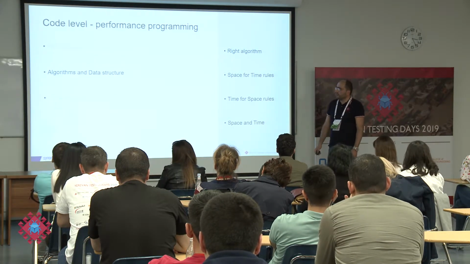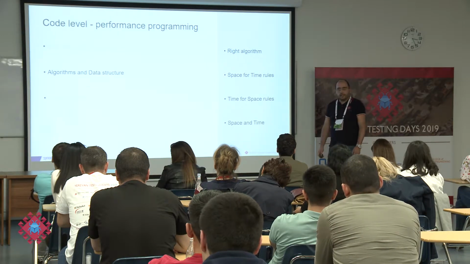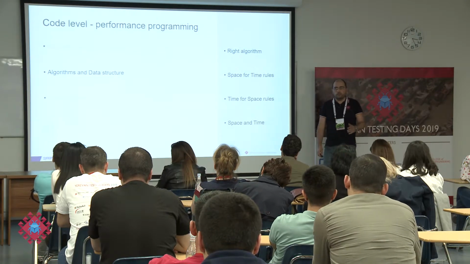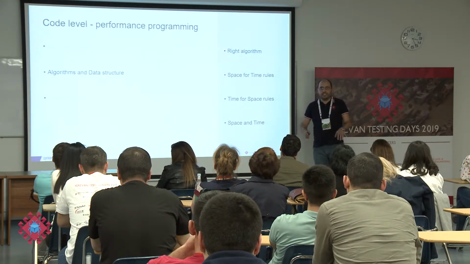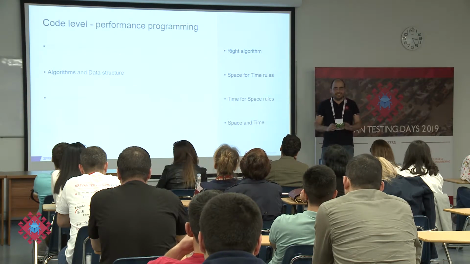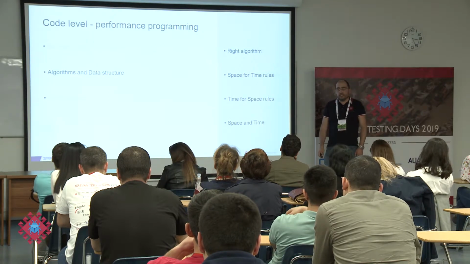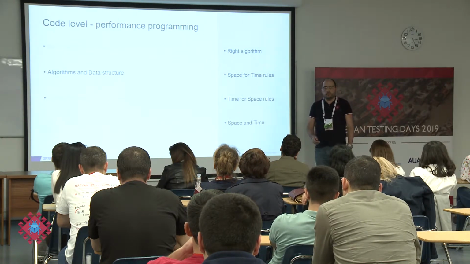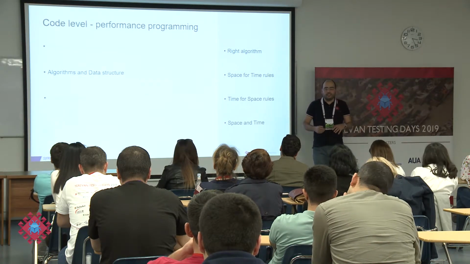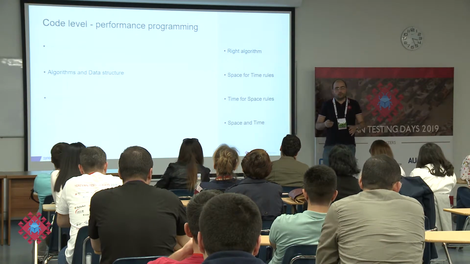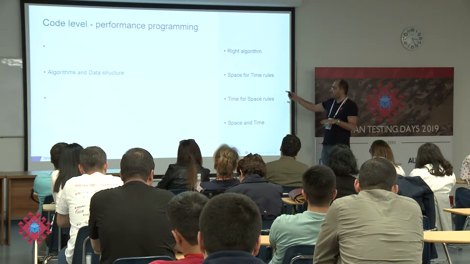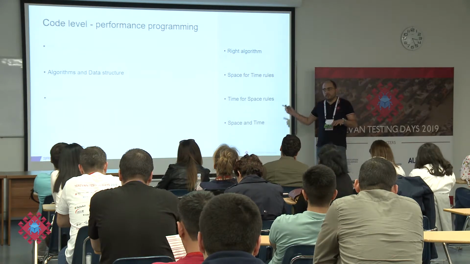Next category is choosing the right algorithms and data structures. I think there is nothing to say here about algorithms because you understand, right? The right algorithm should be in place, definitely. But when choosing an algorithm, developers face not a problem, just a usual thing: choosing the right balance between space and time.